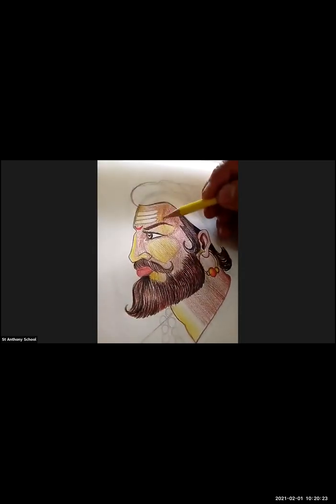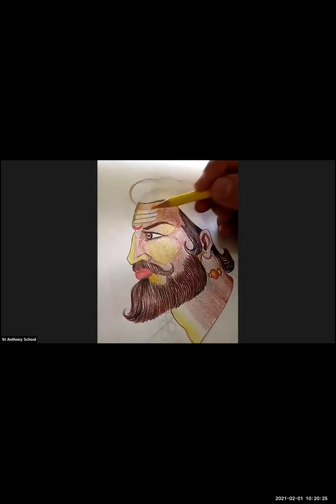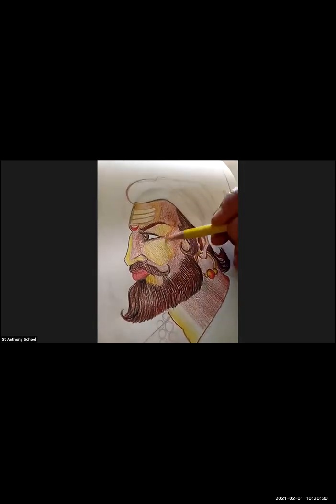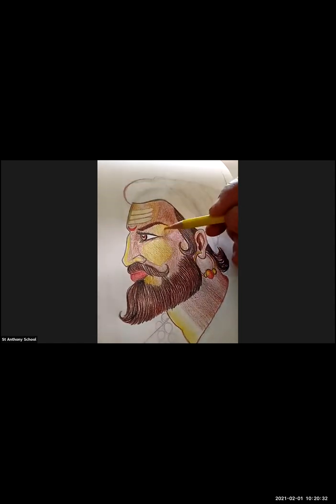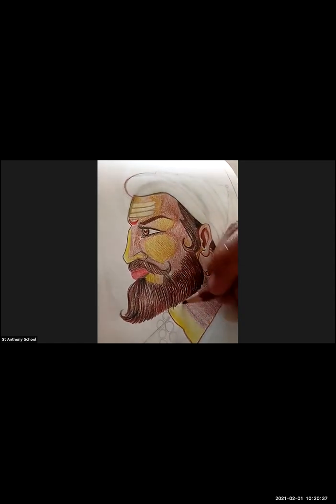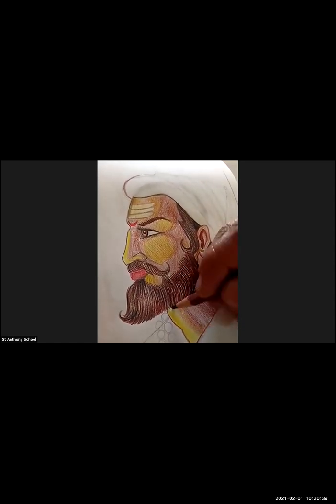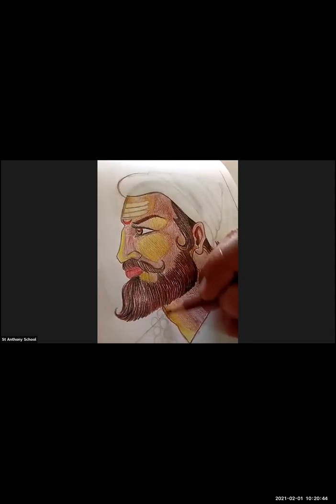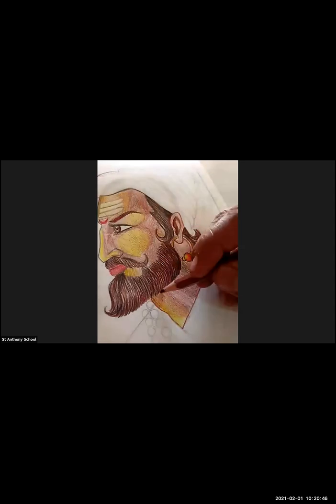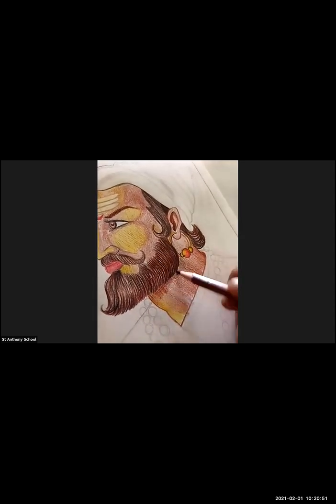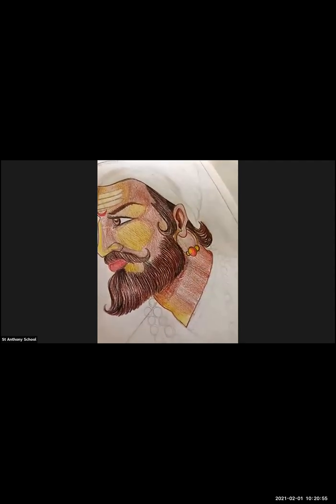It is very important how you use the yellow shade. The shadow of the beard is falling down, so it's darker in shade.